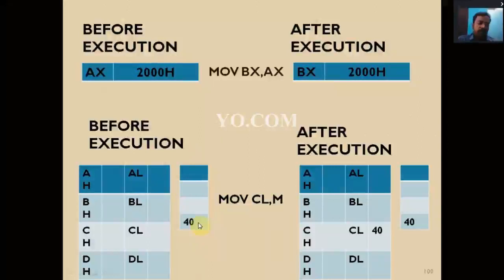The data is present only in memory, not in a register. This is the CL register. Before execution, CL has no data. After execution, CL equals 40. The data present in memory is moved to the CL register.